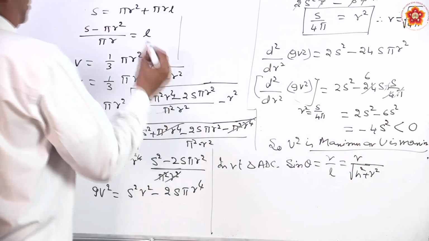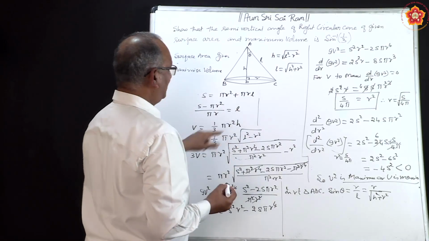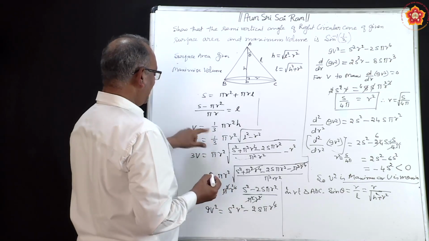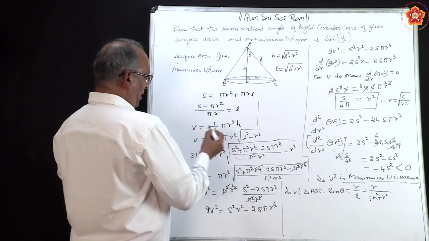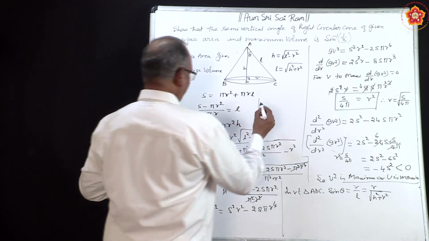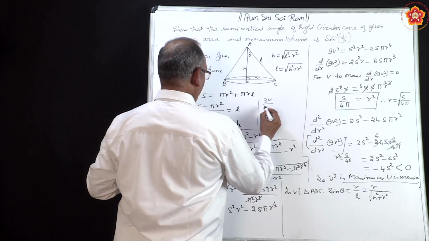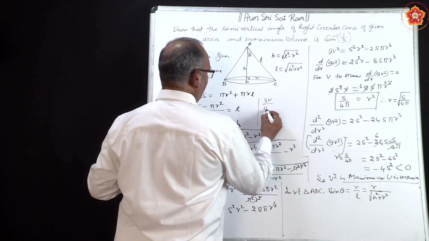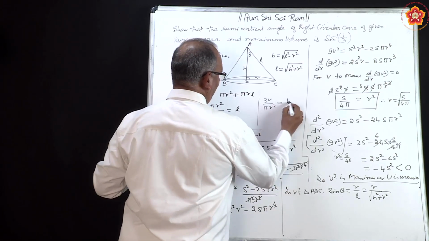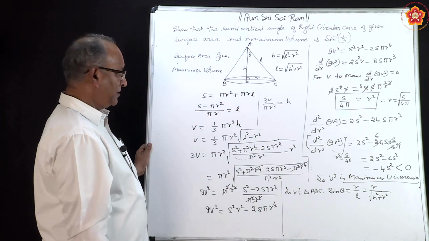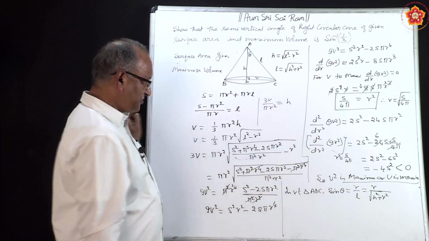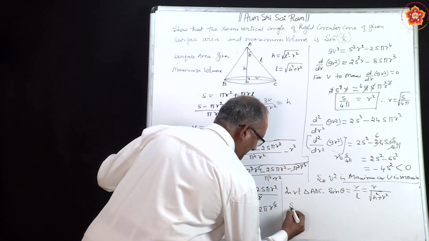H square is how much? From this you can find out in terms of s. So, how do you find? We can say that it is 3v by pi r square equal to h. Okay. So, make that substitution there, you will get sine theta equal to